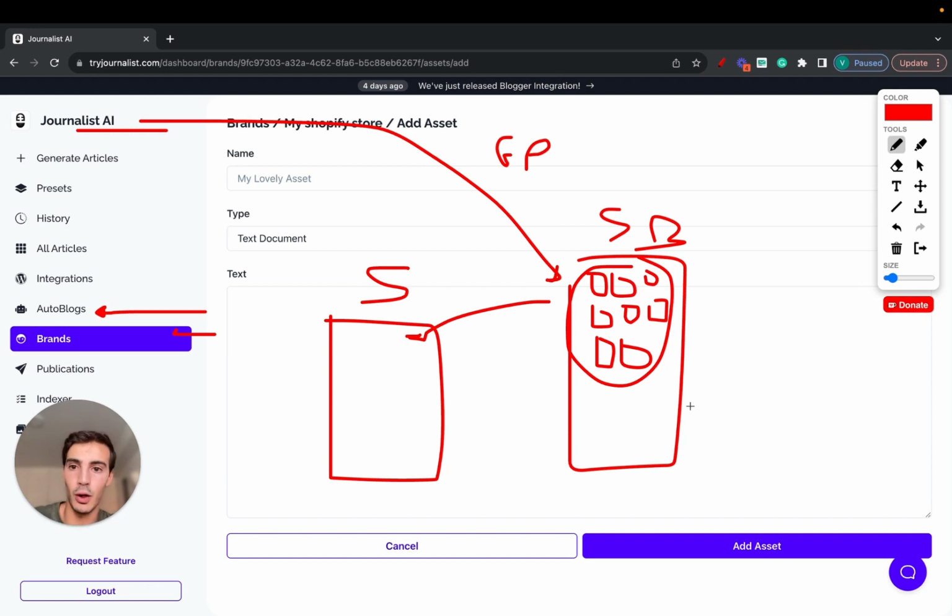So what this all means essentially is that you don't have to worry about managing your Shopify brand blog, right? Because we do it all for you. From the generation to the posting to the optimization, to make this content look like it was written for or by someone that knows about the brand, right? And because you're connecting your brand with Journalist AI, we essentially become a brain that knows every single thing about your brand. We know what your site is. We browse through all the site to know all the information. We know what your social media is, what you post on there, how you post it on there, right?